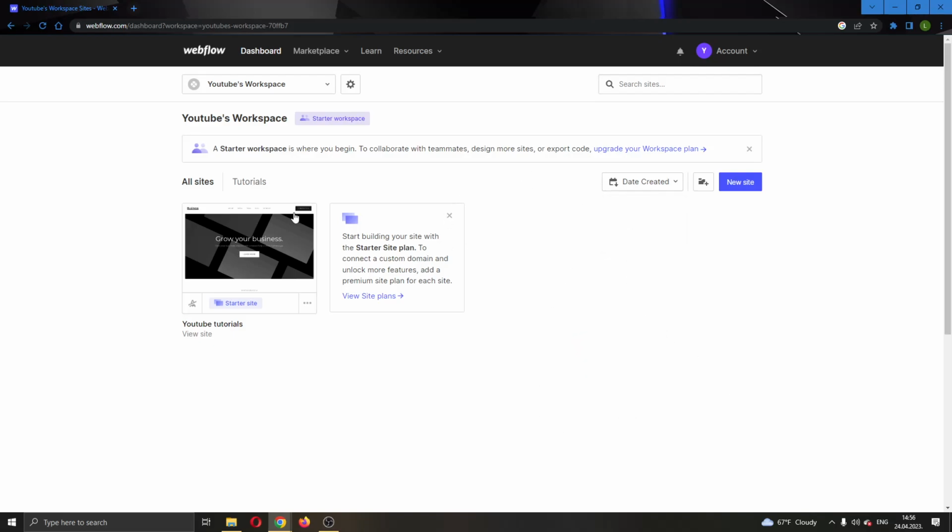The first thing you want to do guys is go ahead and open up the official webflow.com website right here and log into your account. After logging into your account guys, you'll be greeted by this main page right here where you'll be able to see all of the options in Webflow, and here you'll be able to see all of the websites that you have already created. Here you have the option to go ahead and create a new website if you want, but